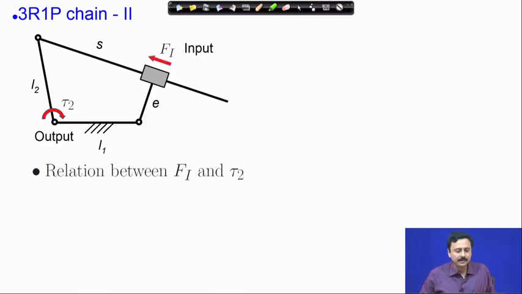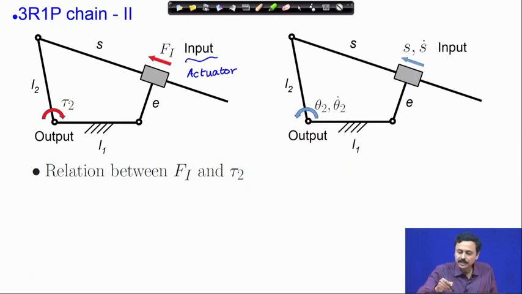Now, if you look at the 3R1P chain of type 2, we have the input here. So, we consider maybe a hydraulic or a pneumatic actuator, and the output is the torque tau 2. So, you have to find out a relation between the input force at the actuator and the output torque tau 2. Now, the motion relation,